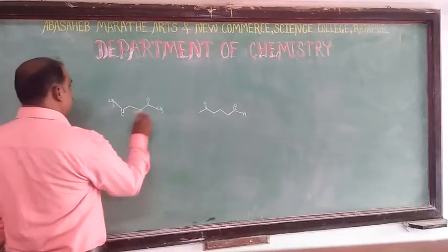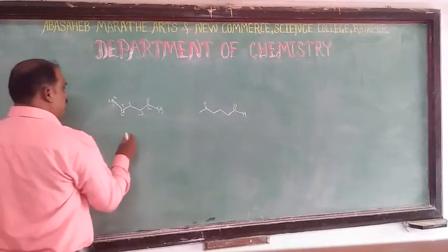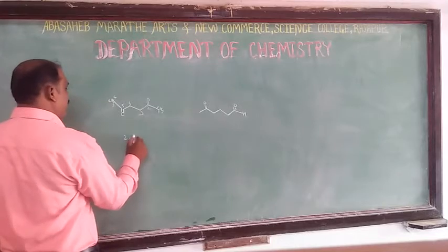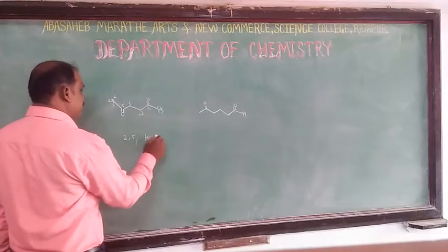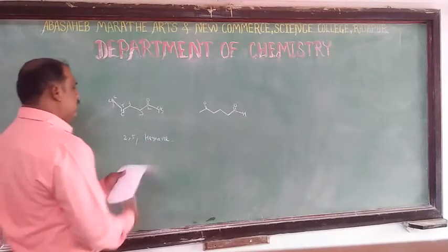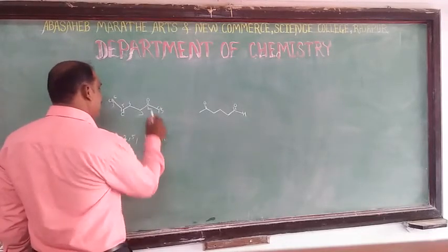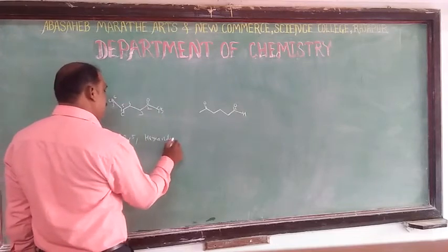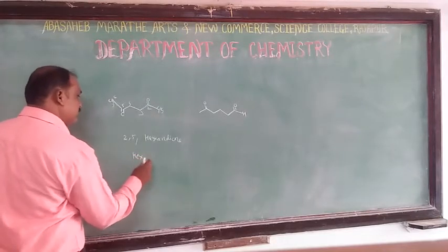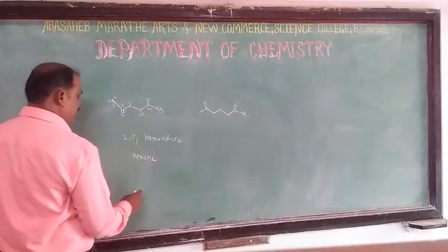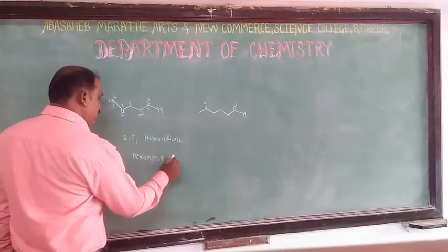So the name is given by numbering 1, 2, 3, 4, 5 and then 6. So 2, 5-hexane, but this 'ane' is replaced by 'ene', but twice, so hexadiene. Or another type is hexane, so 'ane' is replaced by hex-2,5-